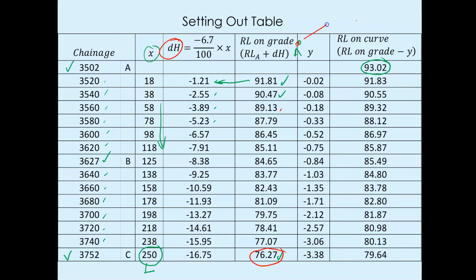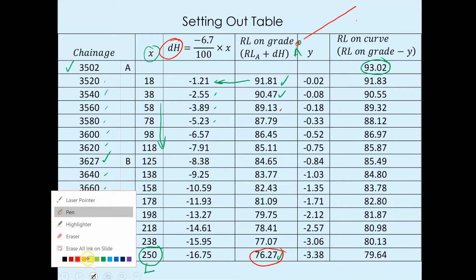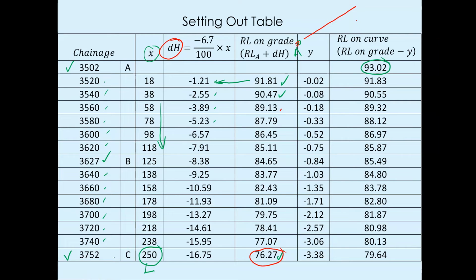If I just draw it again there, that is a slope of the grid, and let's assume that's a vertical curve. What we have calculated are basically the reduced level on the grid, which is that point there. But what do we require? We require reduced level on curve,